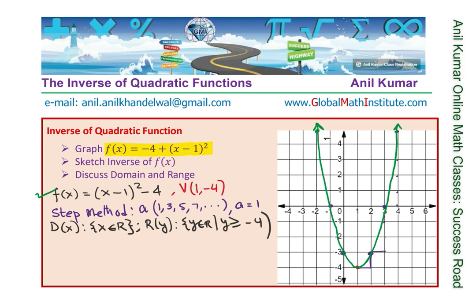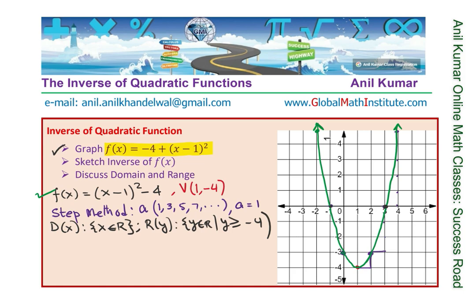Since the parabola opens up, we have a minimum, right? So we have a minimum at the vertex. So we have the domain and range of our function. We have also seen that the x-intercepts from the graph were at -1 and 3, the axis being at x equals 1. So we have done the first part of sketching the graph, and now let's focus on how we sketch